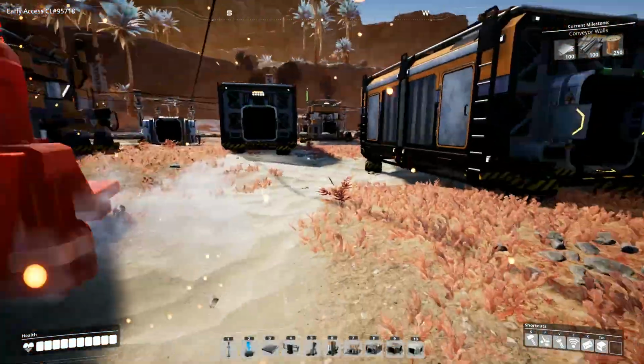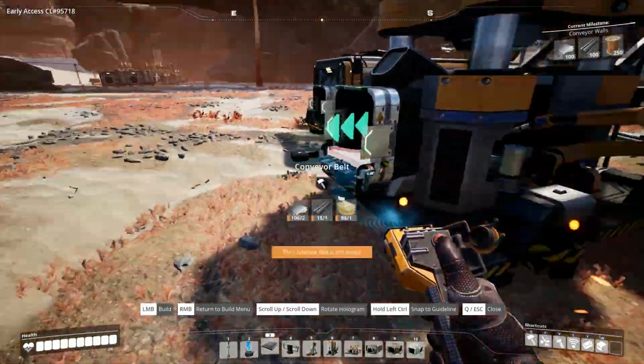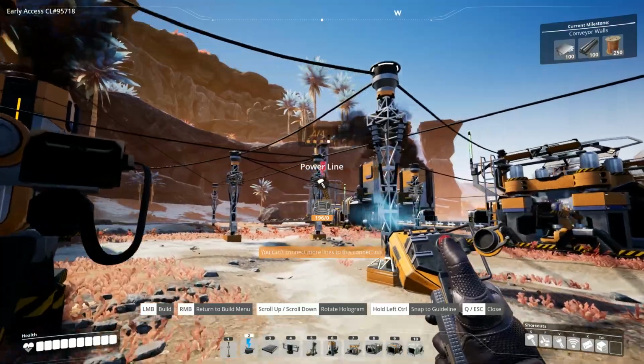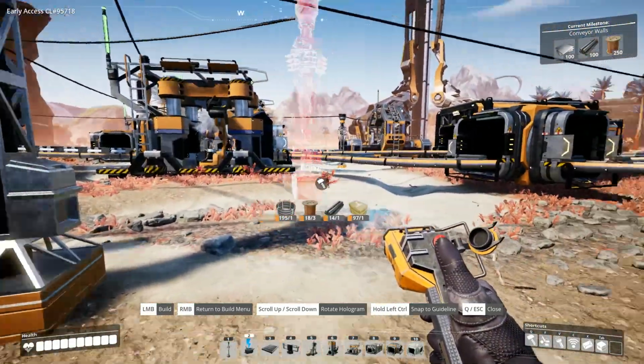And this is going to be making rotors. So that conveyor belt will come to here. This one will go to there. We do need power. Can I... Are there any cables that don't...